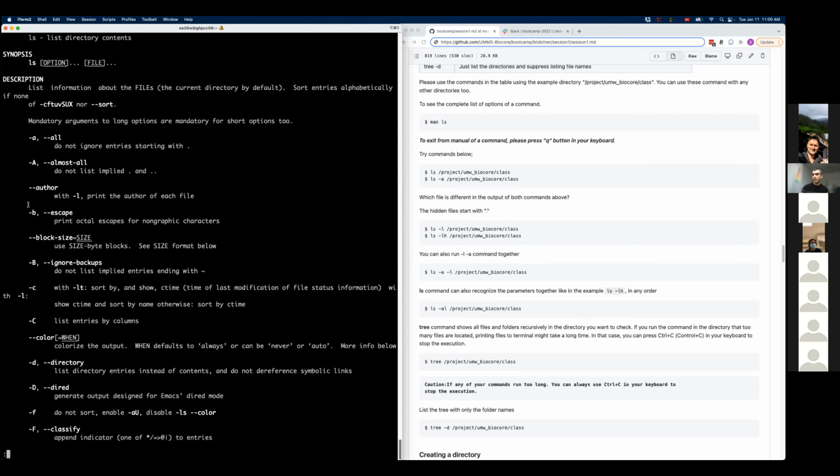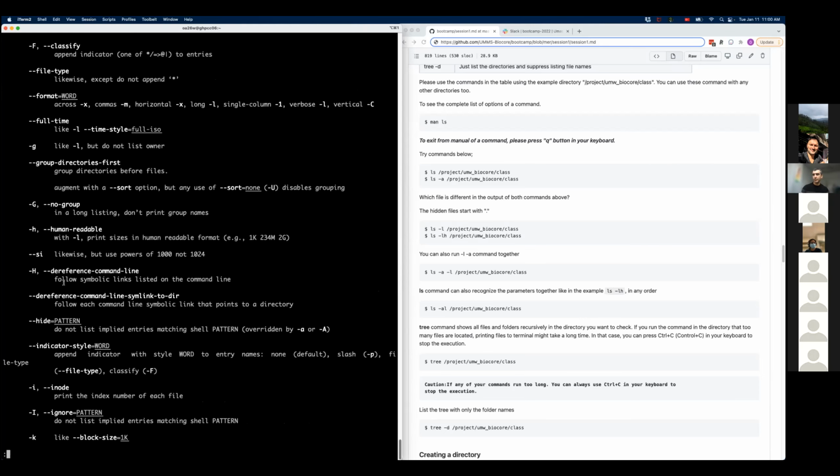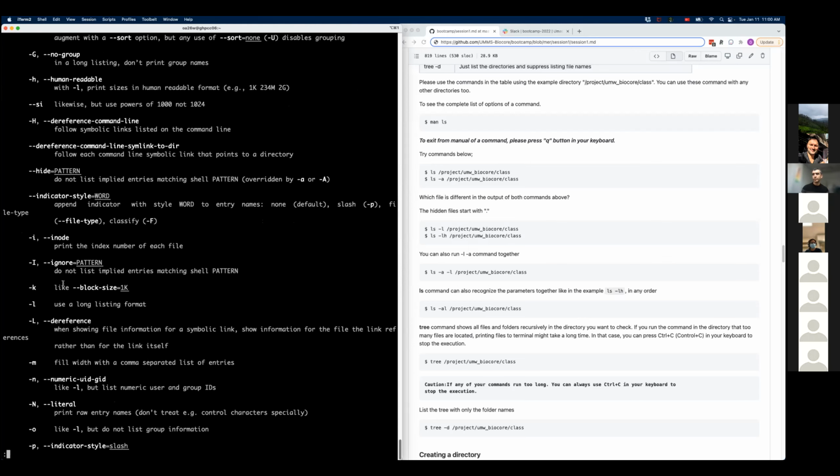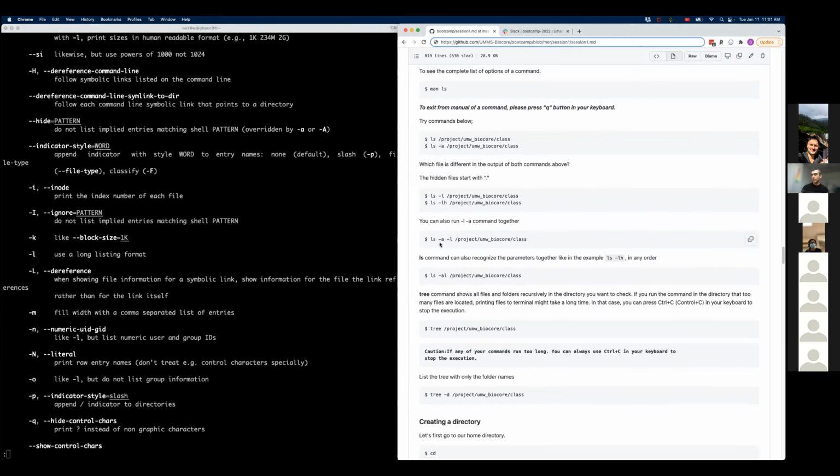So maybe another thing to look at is -l that we've been using. L is the long list format, and you can combine all of these options together and they would work. And it's also shown here. So you could do ls -a space -l, or you could do -al or -la.